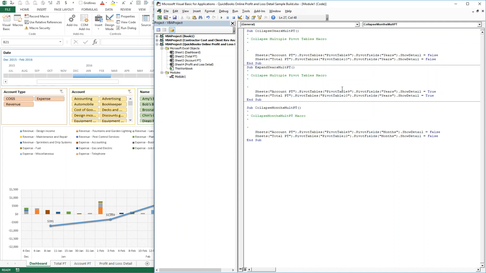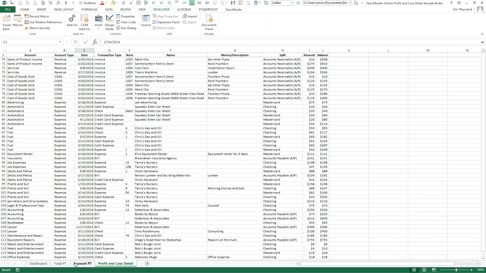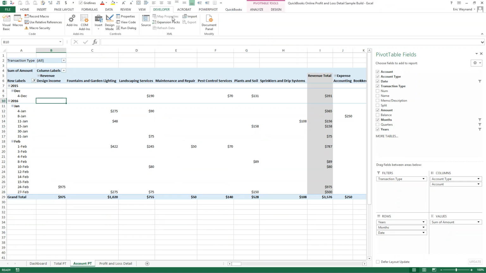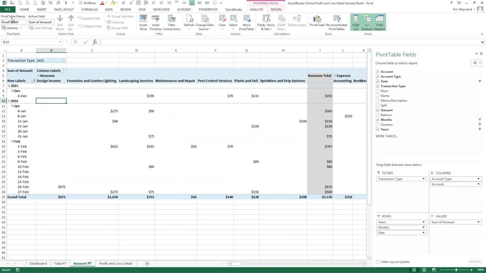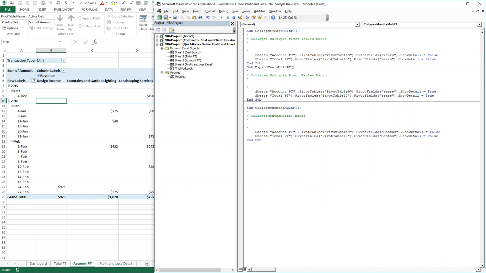You can get those pivot table names by clicking in your pivot table and going to the pivot table name, 9. That should collapse my months on both of these, and then I can replicate this by copy, pasting,